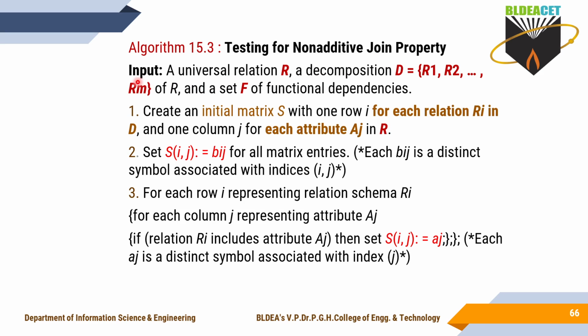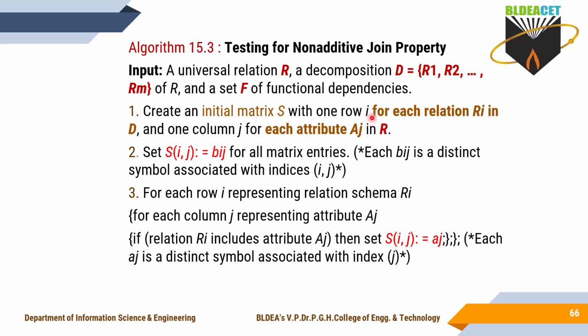For this algorithm, the inputs are a universal relation R, which is decomposed into R1, R2, ..., Rm, denoted as D. D contains the decomposed relations of R, and a set of functional dependencies F. So now our aim is to check whether these decomposed relations have the non-additive join property or not, the lossless join property or not. To check that, in this algorithm, first you have to create an initial matrix S